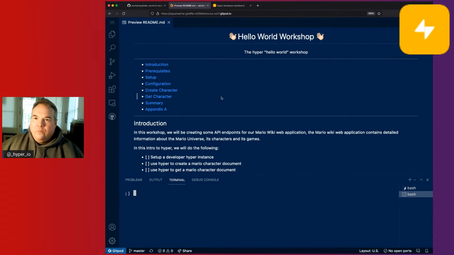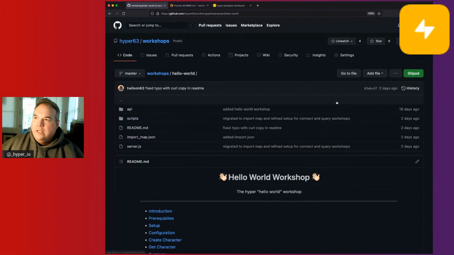In the workshop, there's a README, and it is in a GitHub repository. In the description, there will be a link to get to this workshop. So if you want to follow along, pause now, click the link, go to the GitHub repo, and you can either fork it or whatever, and you can